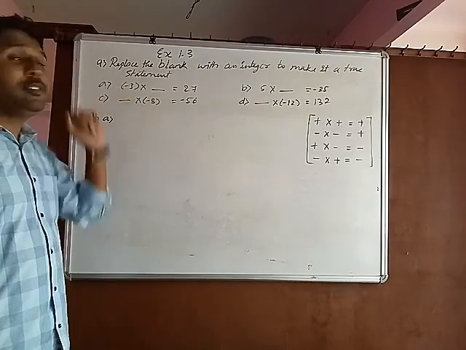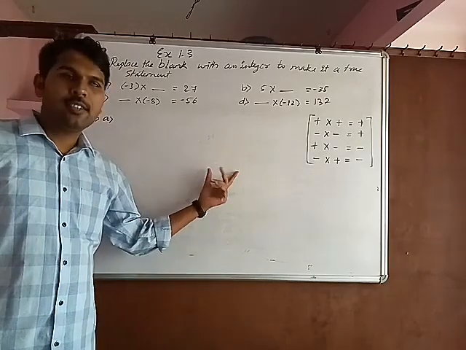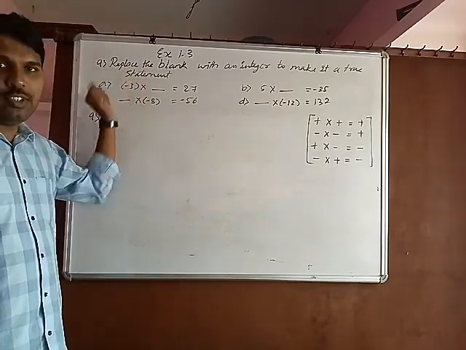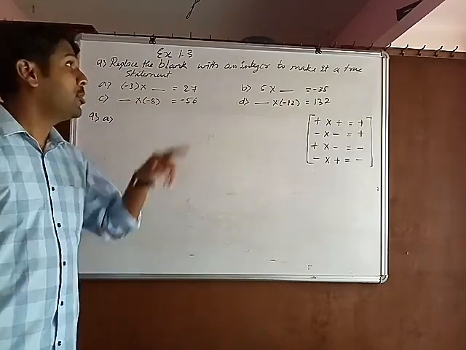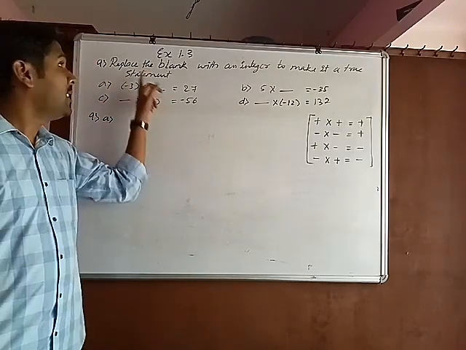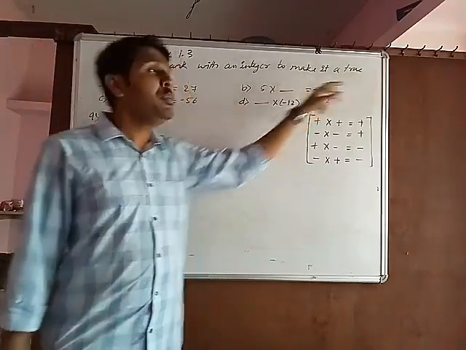So I have taken the 9th question because the 8th question answer is very big. It requires minimum 1 period. So I have taken the 9th question. I will explain the 8th one in the next class. Don't worry about that. So next, the 9th one is: replace the blank with an integer to make it a true